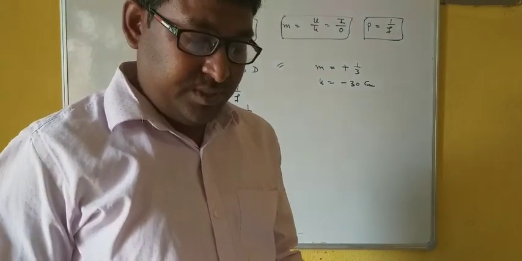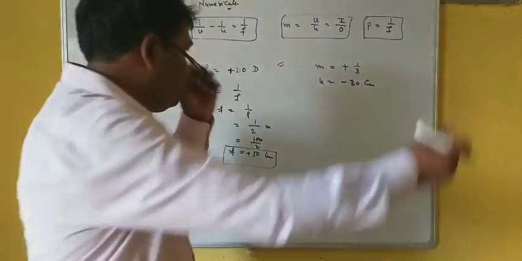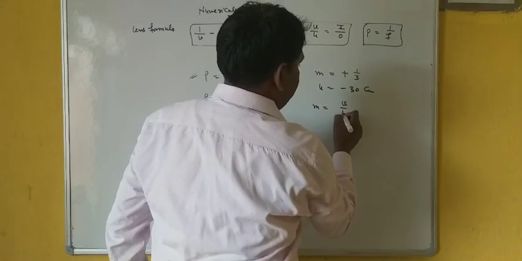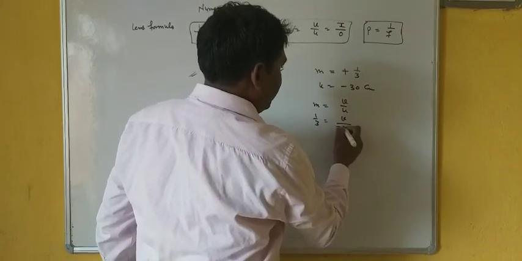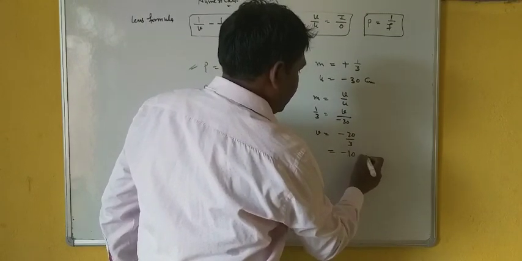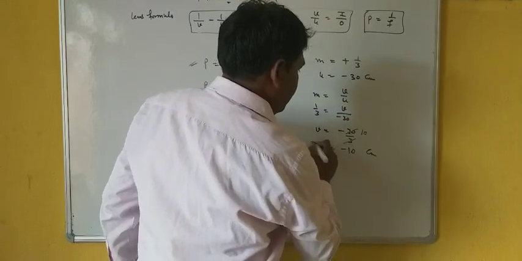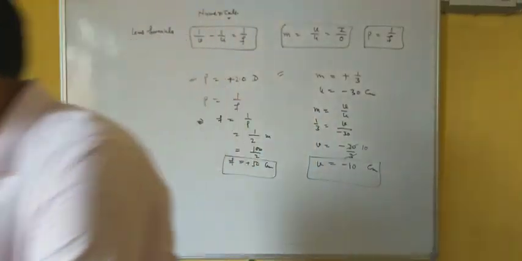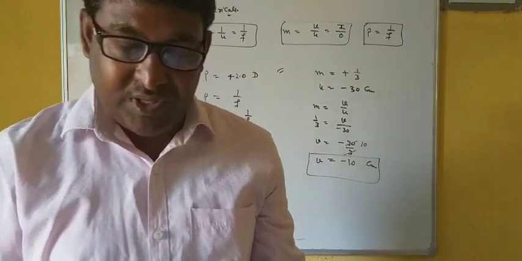So what have to find? Position of image. What is position of image? Just see. Now position of image, as you know, M is equal to V by U. Value of M is given 1 by 3. V is not known. U is minus 30. So what is V? Minus 30 by 3, it is minus 10 centimeter. So what is position of your image? Your image is in front of lens and at 10 centimeter. So 10 centimeter in front of lens.